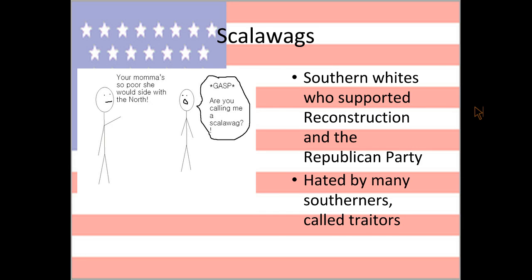We talked about, I don't know if it's the next slide or if I deleted it, but carpetbaggers are the ones who support African Americans that come from up north. Scalawags are the ones that were already in the South. So scalawag starts with an S, and South starts with an S. So make sure you know how to relate that.